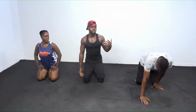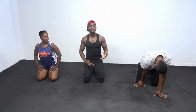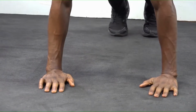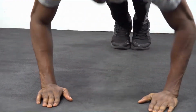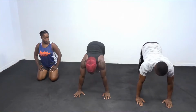So this you could do like 10 reps for male. For the female, you could do 5 to 8 reps as beginners. As time goes on, you get used to it, you'll be able to do higher reps. So D1, let's go. So we're doing 10 reps of this. Go. 1, 2, 3, 4,